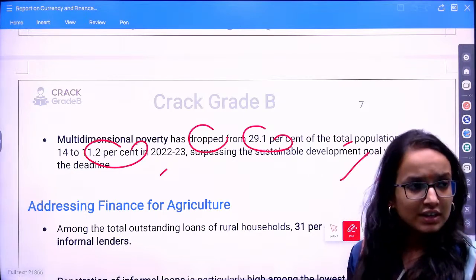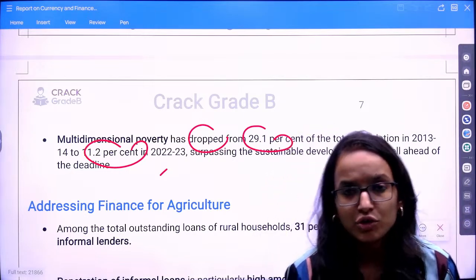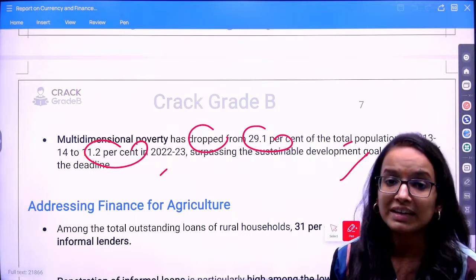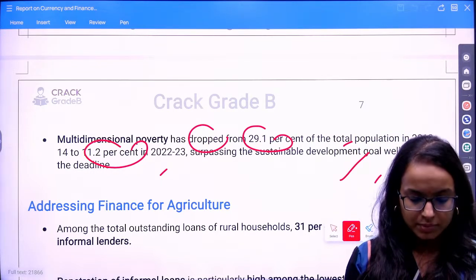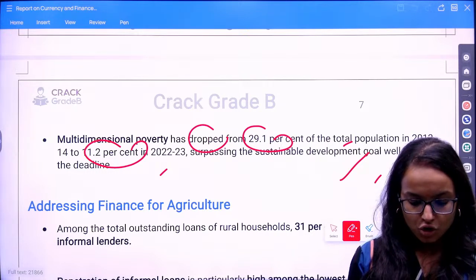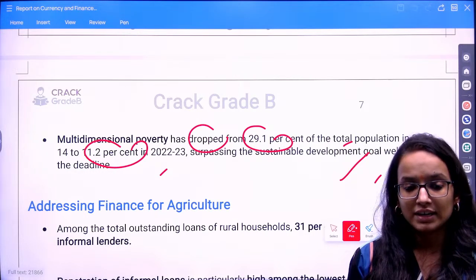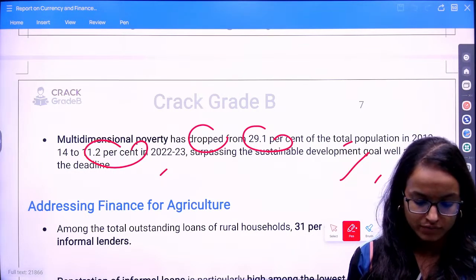Poverty, this concept is everywhere now. You have the multidimensional poverty index as well, published in India. So who publishes it? Tell me, at the international level as well as in India, who publishes the multidimensional poverty index? This is a question for you today. You will go and find the answer.